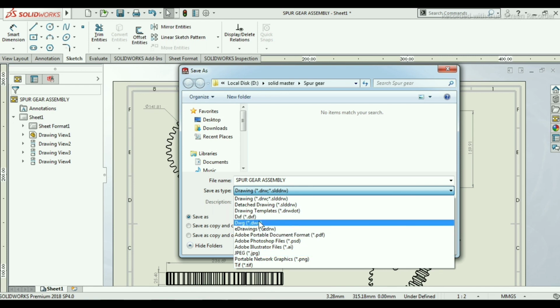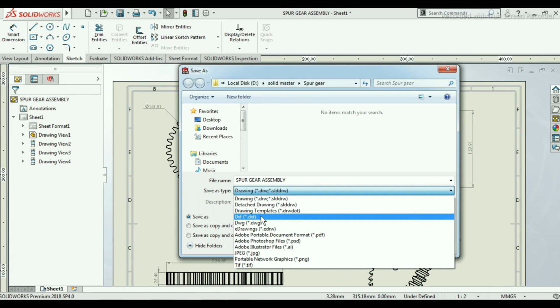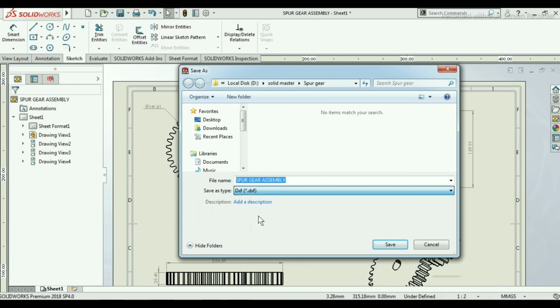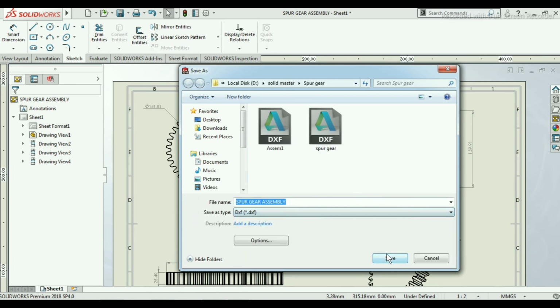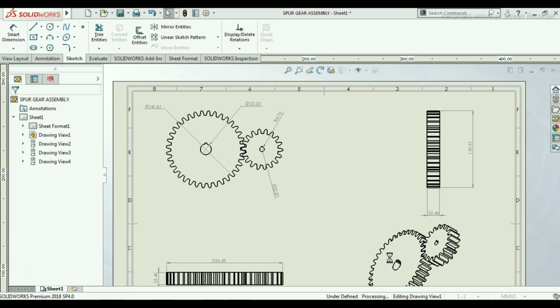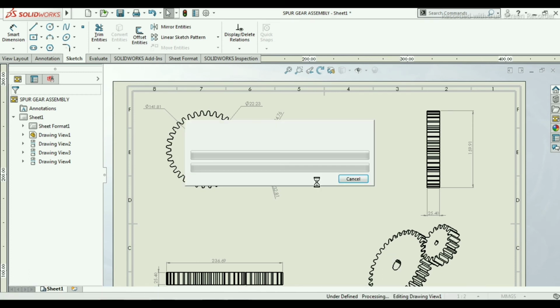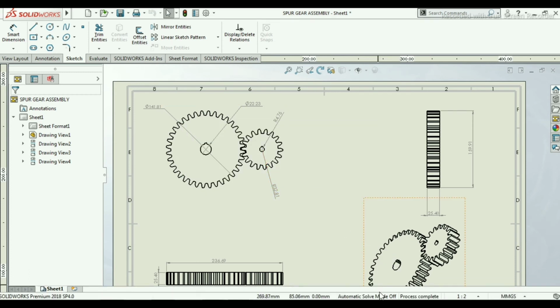I am saving this as a .dxf file. So click here and then click OK. That is save. Click save. So our file is being saved. It has taken some time. At the bottom a message is shown that our process is completely complete.